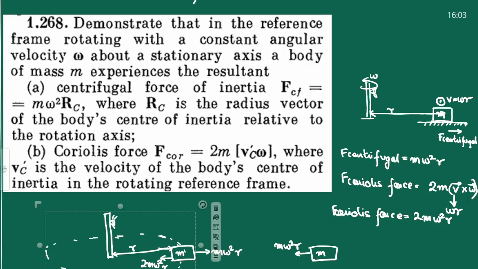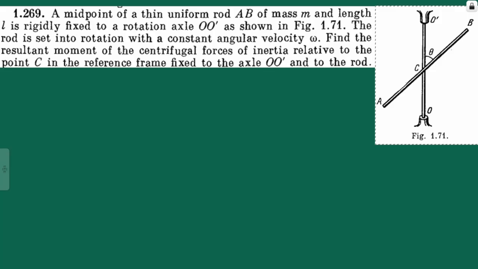So this is question number 1.268, and this question you have already done in circular motion in the previous chapter. In this question, this is the axis of rotation, and around this axis, this stick is rotating with angular velocity omega. That means this stick is rotating like this. The question is asking what is the torque generated in this rod